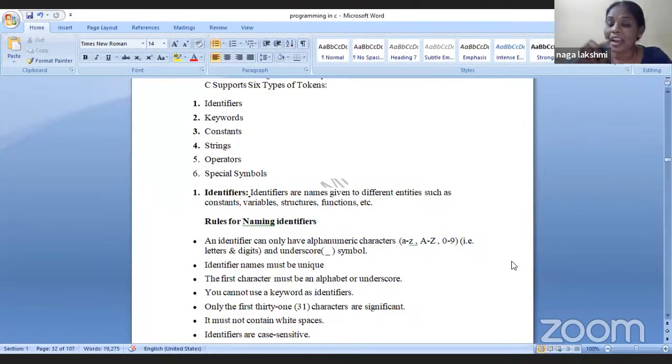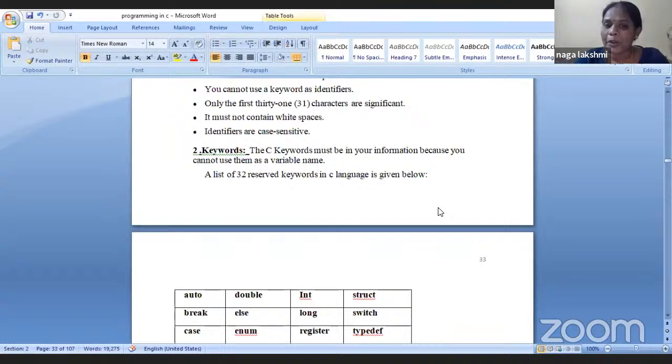Have you understood, girls? Yes, ma'am. Here you have to imagine, for 6, if I want to convert 6 into a binary number, it takes some time. What is the number I have given in our program? I have given 35 lakhs. If I want to convert that into binary, it takes certain time, right? First, it has to convert into binary language. Then it is going to execute that program.